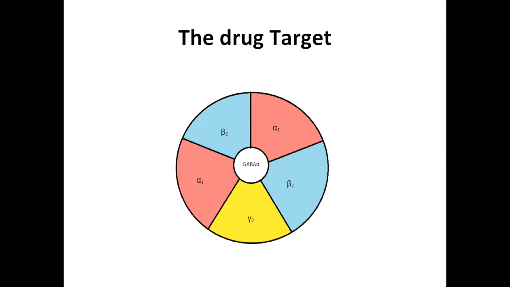The GABA alpha receptor is made up of 5 subunits, 2 of which are identical. There are several isoforms of the GABA alpha receptor, but this composition is the most common in humans. Function depends on the arrangement and conformation of these 5 subunits, and we will see how these are modulated by benzodiazepines. The GABA alpha receptor has 2 sites for the endogenous binding of GABA. When both of these sites are bound, the receptor will perform its action.